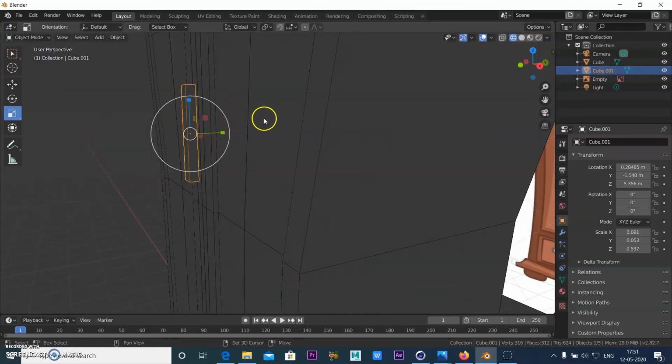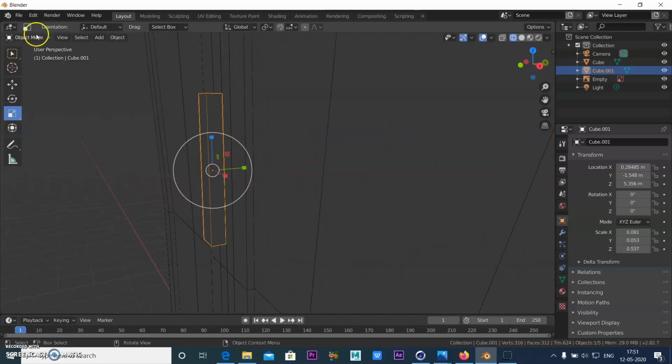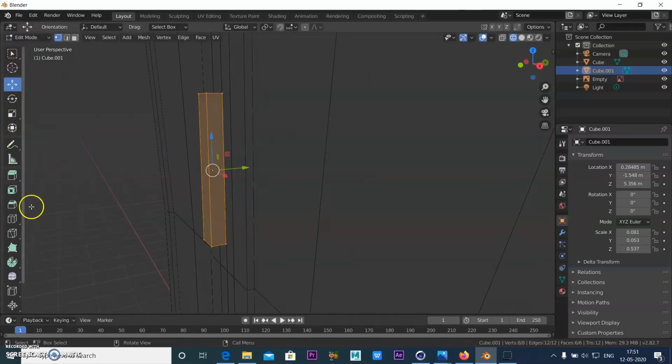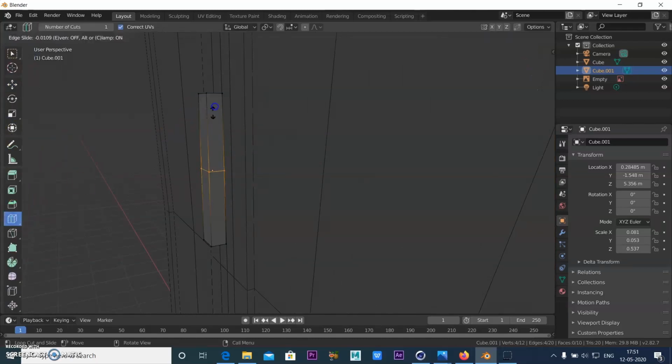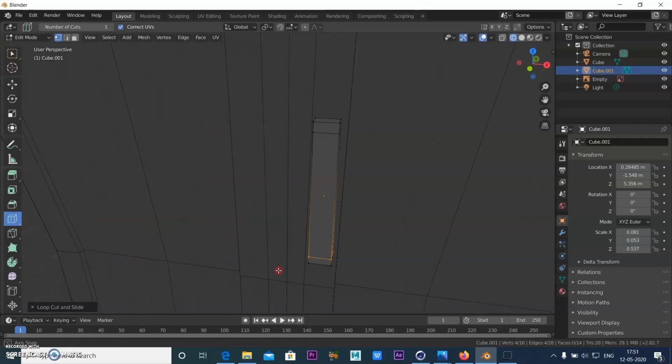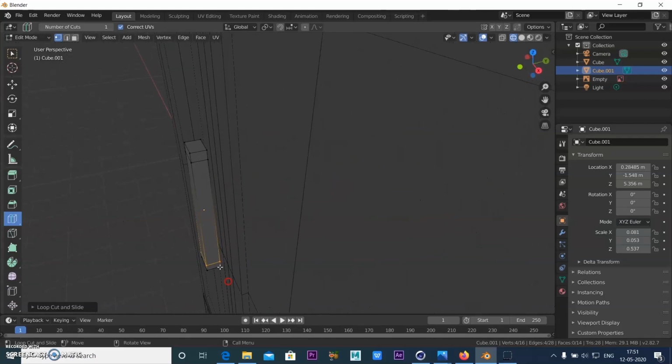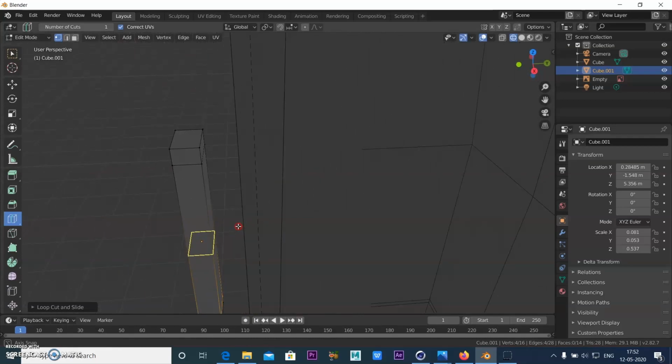So we need to add some segments for this. So go to edit mode, add a loop cut tool. Just add one segment here, just add one segment here. And I can just pull this out. So select the face now. Zoom in, just go close to this